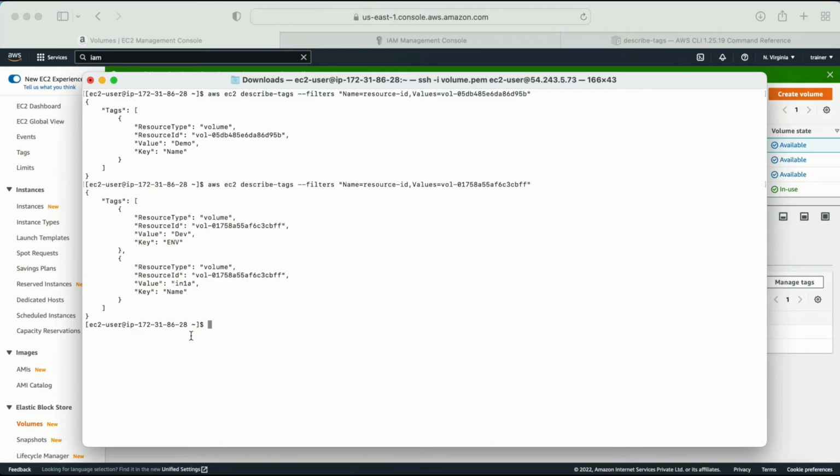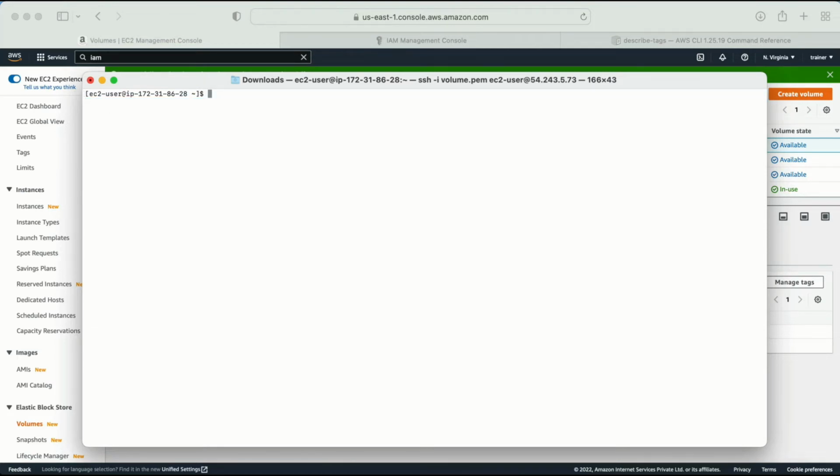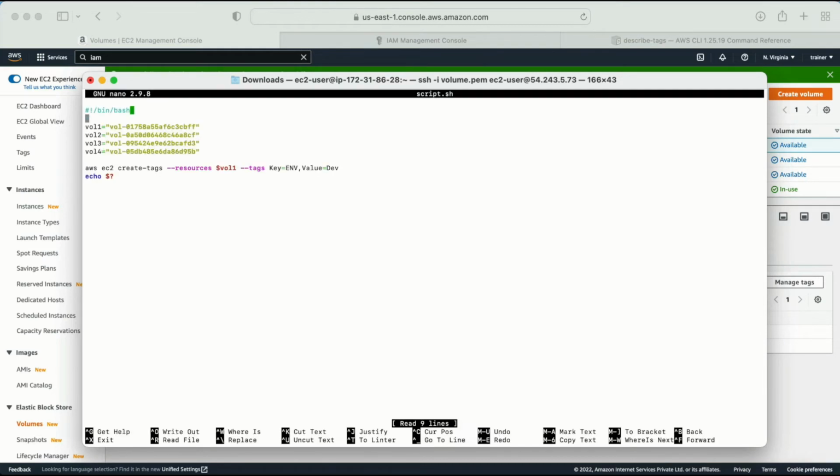Enter. Now here if you see, we have the name, this, and we have one more tag with the value dev and the key is name. So we are getting the information with the help of the describe tags. Now let me go inside my script and get that information with the help of the bash script. Now what I am going to do is comment this one because we don't require this thing, and